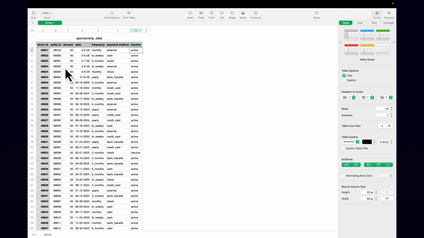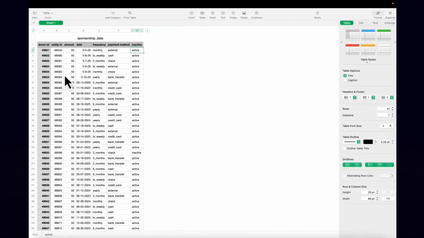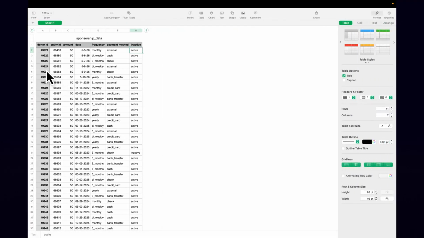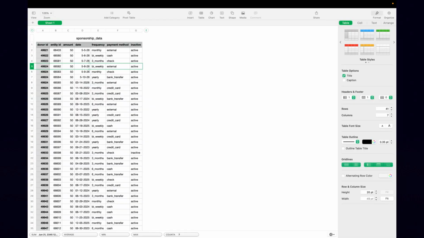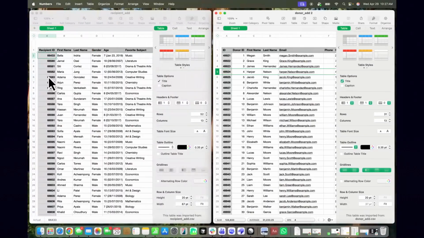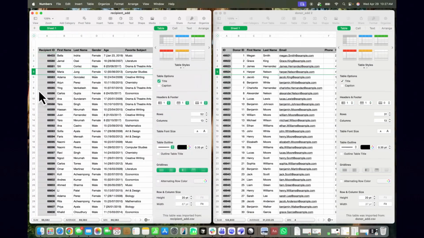The next piece that we're going to look at is a situation where one donor is sponsoring multiple students. So in this case, this donor, Harper, is sponsoring 6, 8, 2, all through 8, 6. So we have 8, 2 sponsoring Maria, Ying, and Carlos. So this is something that's also very possible, where you can have a mapping of a donor